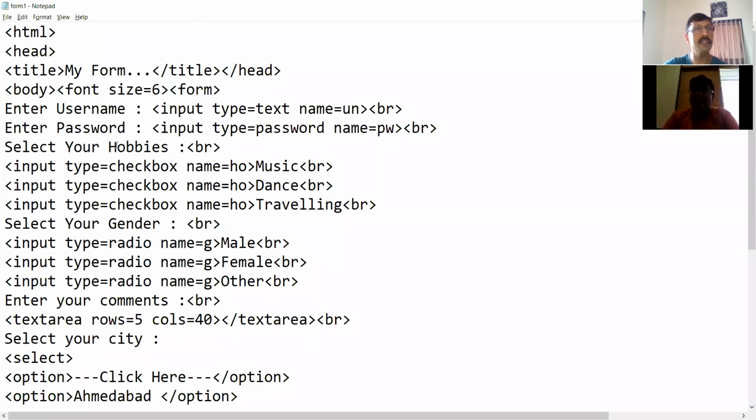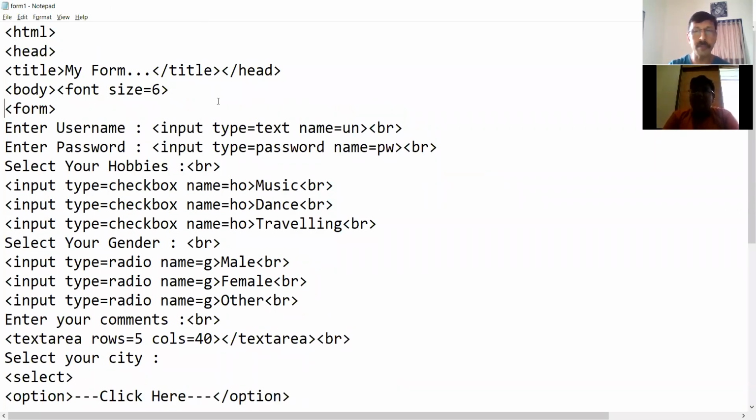We need to understand the attributes of the form. A form tag na attributes and bija attributes. You know, once again, let me just quickly revise what attributes are. આપણે સૌ પહેલા વિડિયો લેક્ચરમાં જોયું હતું. Attributes are like adjectives. They add some more meaning to the tag in which you are using them.